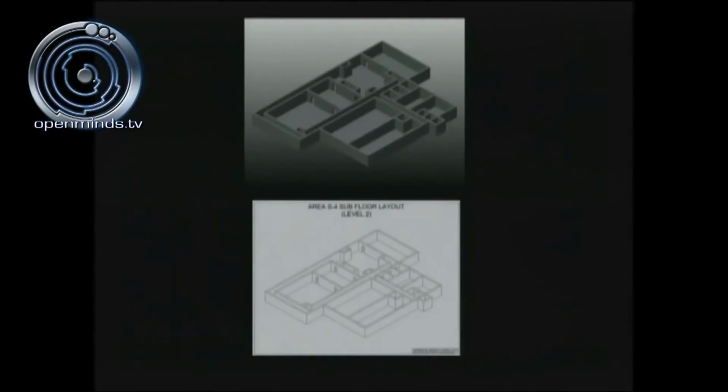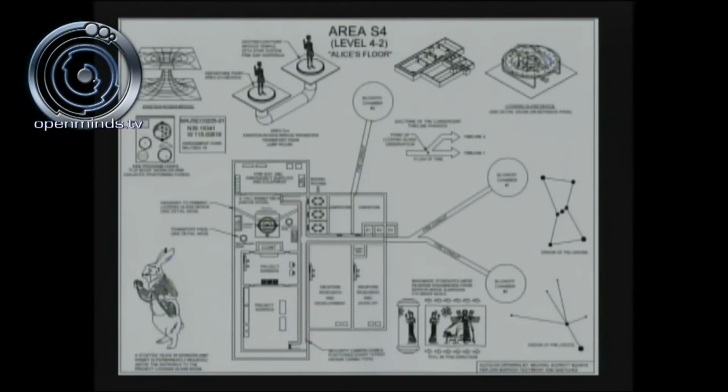Now, moving down to 4-2, we've got the SolidWorks rendering and also the AutoCAD rendering of 4-2. Moving into the facility, the first thing you'll see when you walk into level 4-2 is a 3-foot-tall statue of an Alice in Wonderland rabbit. There's a symbolic message that they're giving you here. There's a primary looking glass device, and then on either side of that primary looking glass device, ladies and gentlemen, there are two secondary ERBs or Einstein-Rosen bridges.